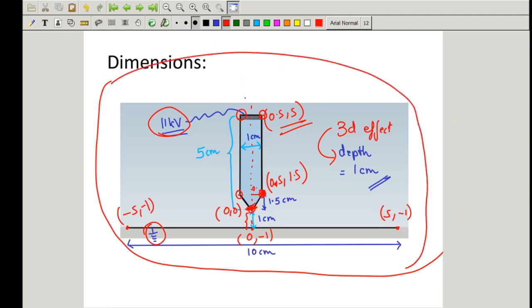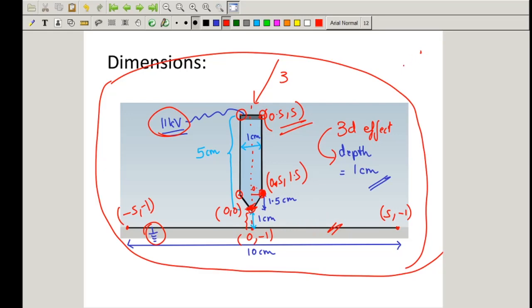As a thumb rule, whatever lengths you have used in your setup, the boundary should be at least 3 to 6 times far from that. Fine. So since we are using 10 centimeter as the plane length, we'll choose a square bounding box, which is displayed at 30 units.